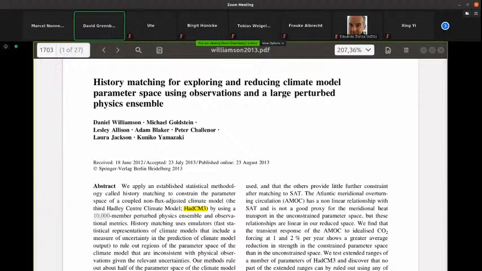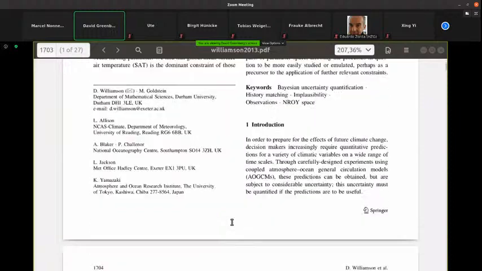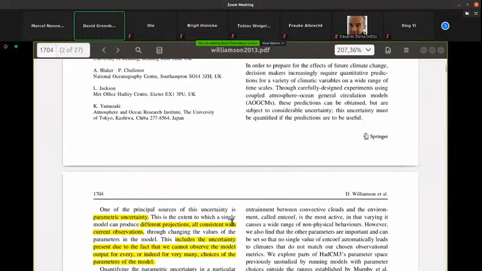But unlike Tett 2013, Williamson 2013, as well as some other similar papers we'll look at very briefly, they want to identify a whole range of possible parameters. So they're not trying to find the best of all possible worlds, but actually just a range of all possible worlds, which are reasonably good given the data that we have and the aspects of it we have chosen to match. An important point they make very early in their